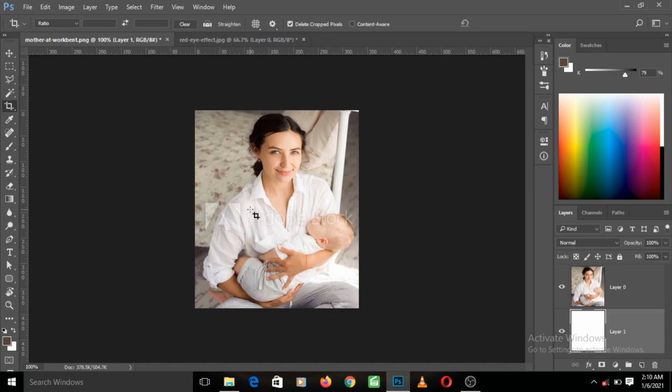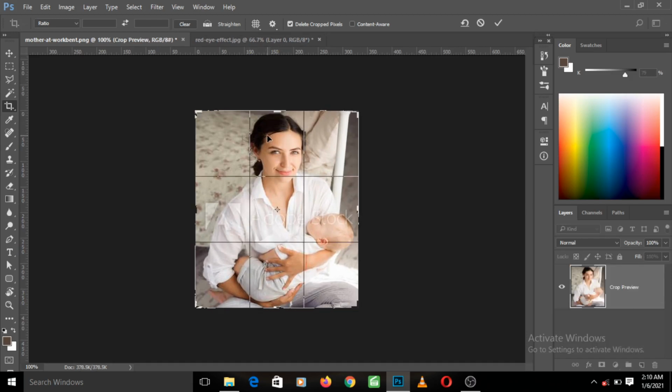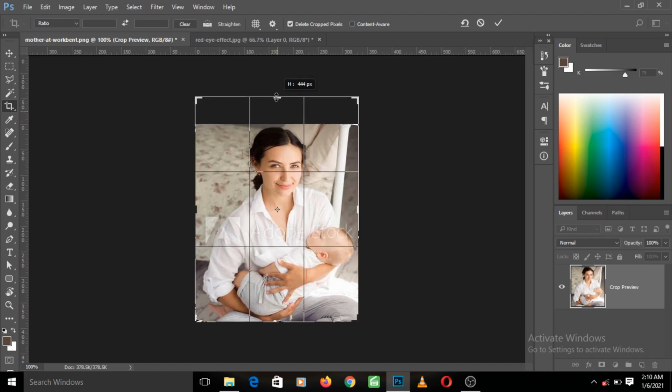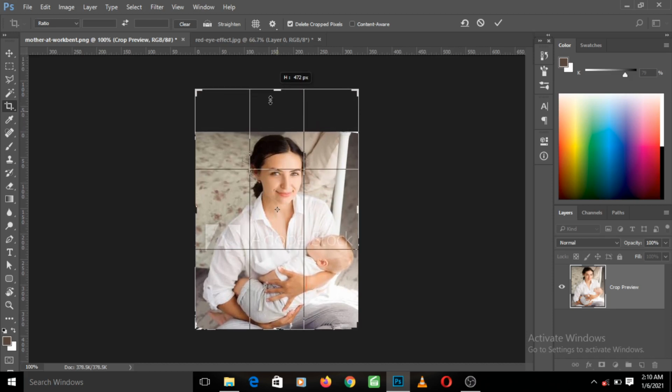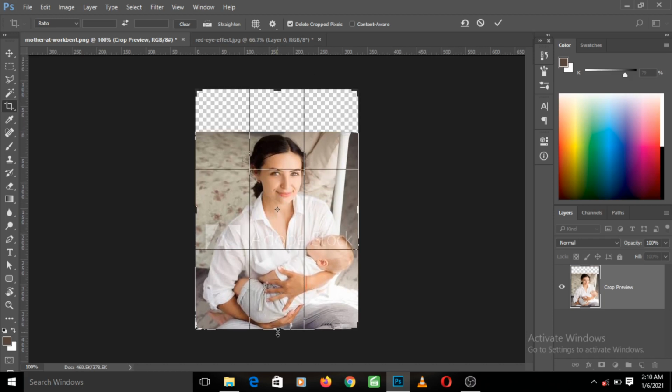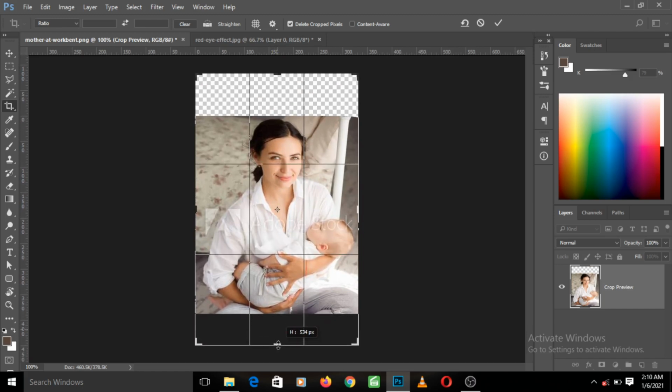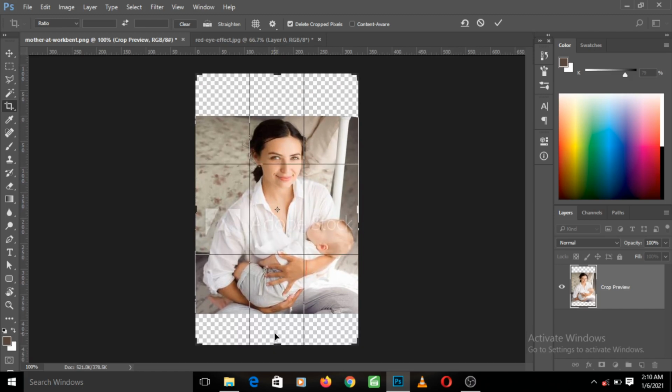Now if I left click again to see how it would look if I wanted to take it back to how it was before, take note that the delete option is checked. You can see that it's not showing the portion that was there before because it has deleted the cropped pixels. So that's just what you need to understand.